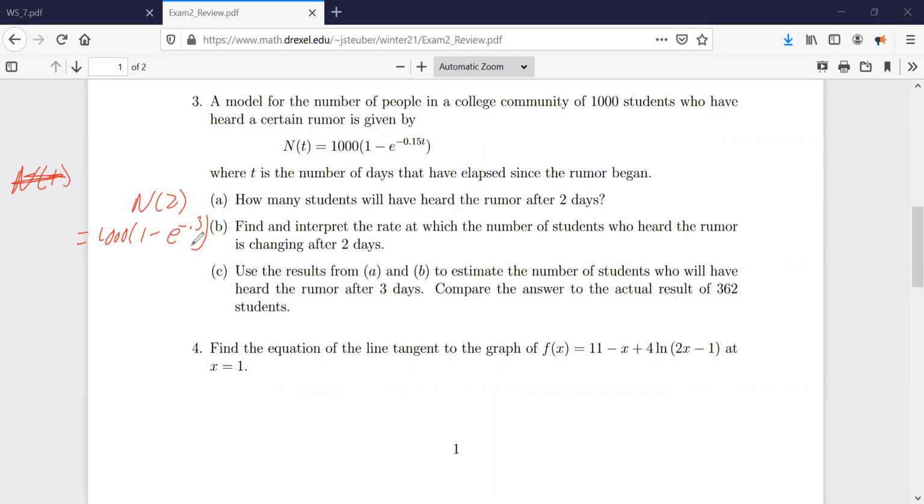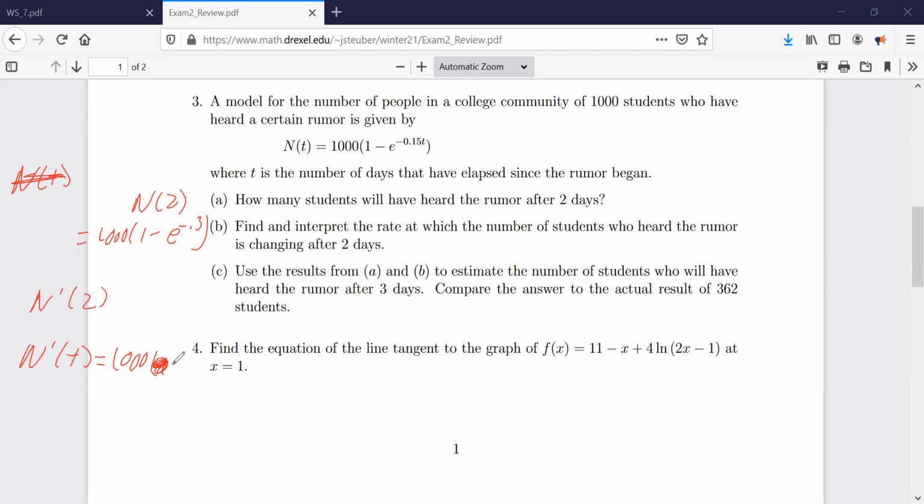So find and interpret the rate at which the number of students who have heard the rumor is changing after 2 days. That's basically asking, what's the derivative at 2? So to do that, we're going to first take the derivative with respect to t. So it's going to be equal to 1,000, and then we'll get